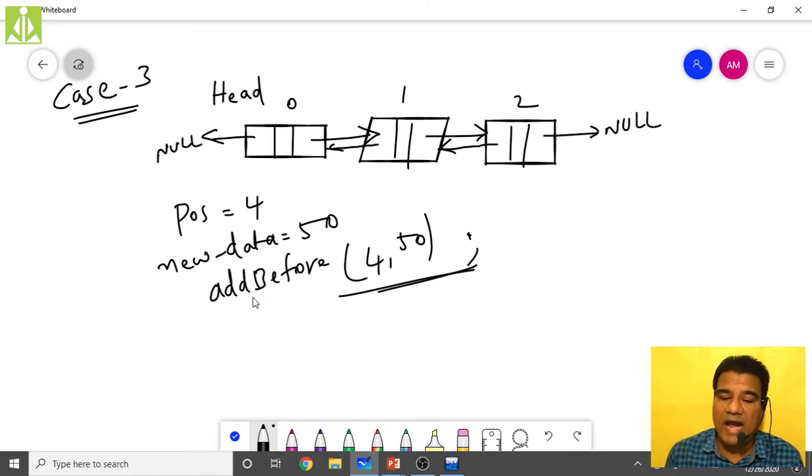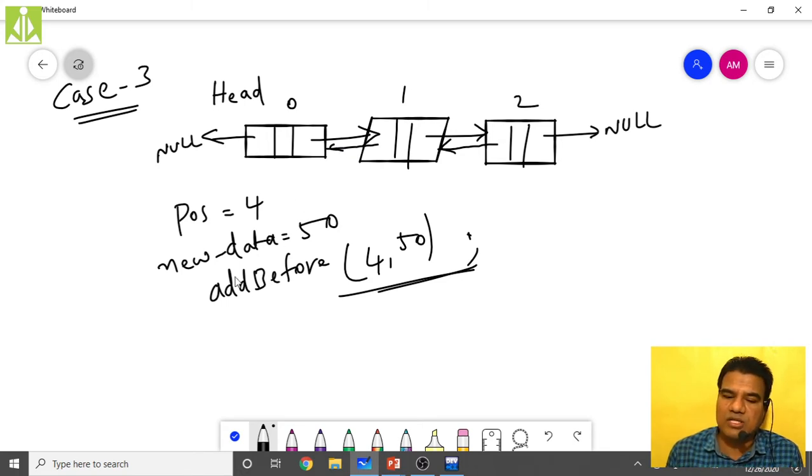But if you have existing nodes and you're trying to add a newly created node after a position value which does not exist inside your doubly linked list, there comes the confusion. Where exactly can we add this newly created node? At the front of the doubly linked list, at the end, or somewhere in the middle? So this sort of confusion will come.